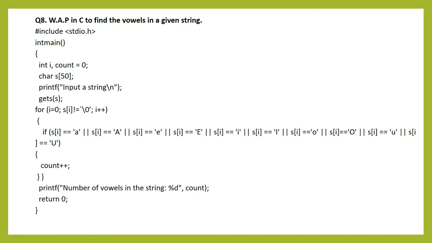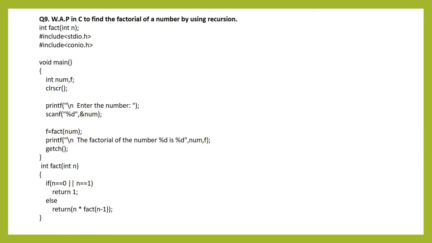Now go for the next program, that is find the factorial of a given number by using a recursion function. Okay, so factorial of a number means, just like if you are entering a number as 3, so 3 factorial is your 3 into 2 into 1. 4 factorial is your 4 into 3 into 2 into 1. Okay, so this logic should be assigned inside a recursion function. So in a recursion function, you are calling that function inside that function also.